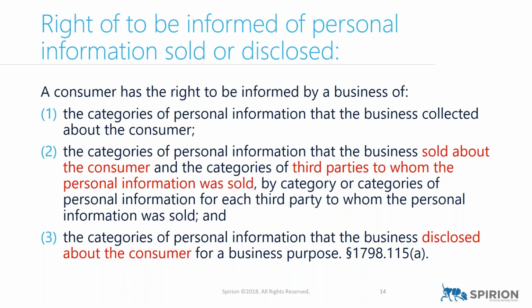So right to know whether personal information is sold or disclosed. This is different from how things are done in GDPR; GDPR doesn't have a functional equivalent of this. So you've got a right to be informed by a business of the categories of information that are being collected about you, what's being sold, to whom it's being sold, and the business purpose for what's being sold. So essentially, this is another requirement to notify someone, upon request, that their personal information is being sold. And then it gives you the opportunity to opt out.